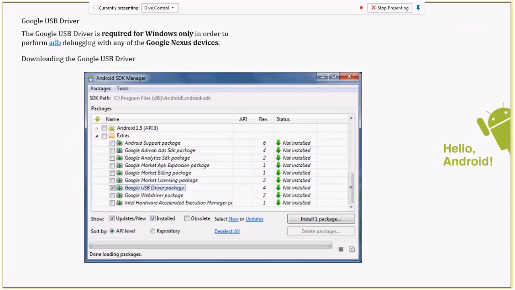Okay, this is how the SDK Manager looks. The reason I showed you this screen is because, specifically on Windows, if you want to connect your devices and see them in your Eclipse, you need to open the SDK Manager and install this thing, the Google USB Driver package. This is needed only on Windows; it's not required for your Mac and Linux systems. You need to have the driver for your device, and then on top of that, this driver package to enable DDMS to show your device during debug.